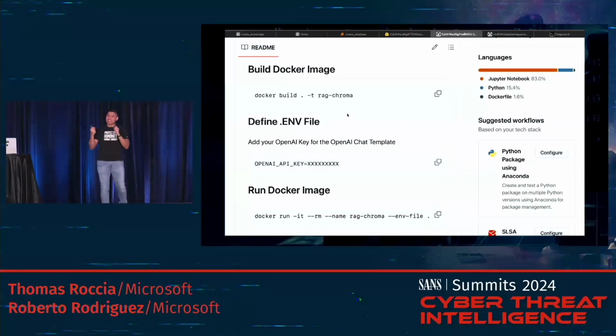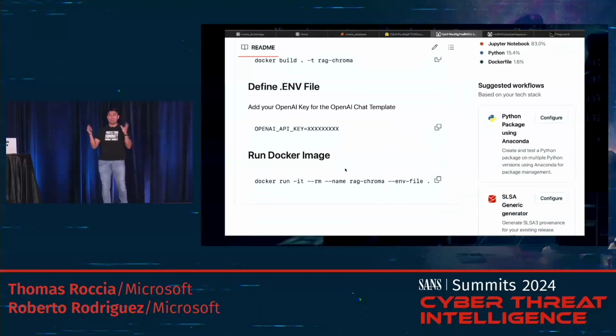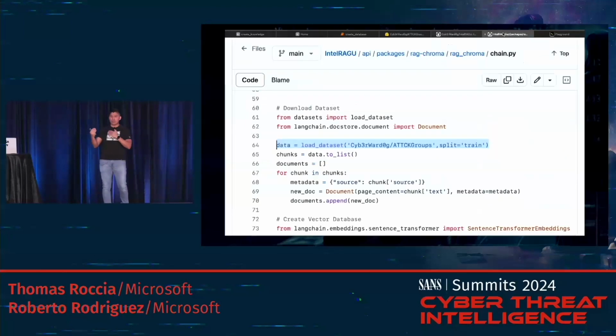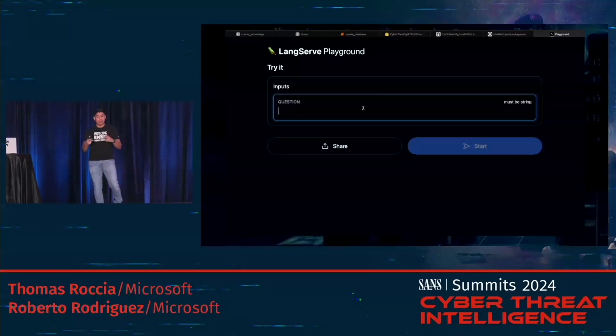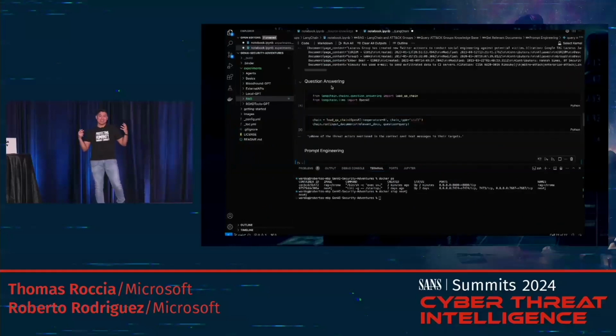And you can build a container. You can run the container. You can provide your OpenAI keys to enable the chat kind of interaction. And as you can see here, I'm just pointing to my contribution to Hugging Face. So all the data is retrieved when the container starts. And now you have this chat version that you can actually talk to